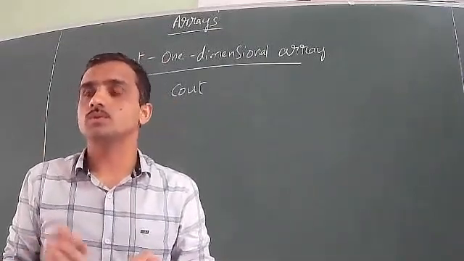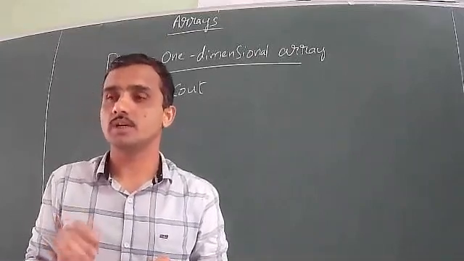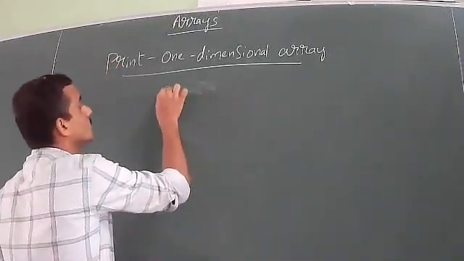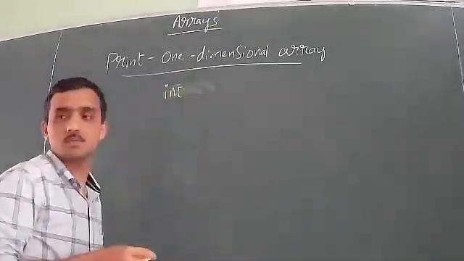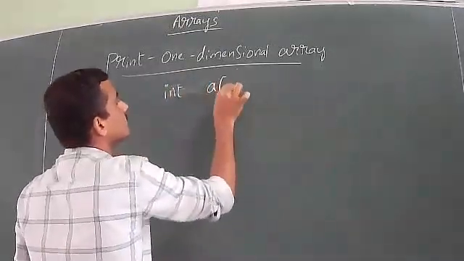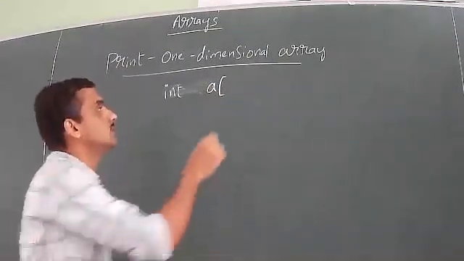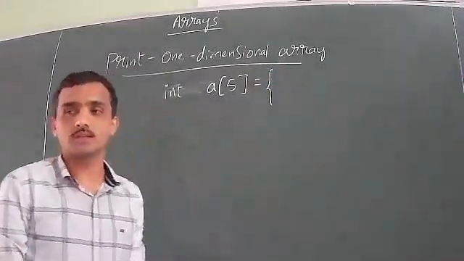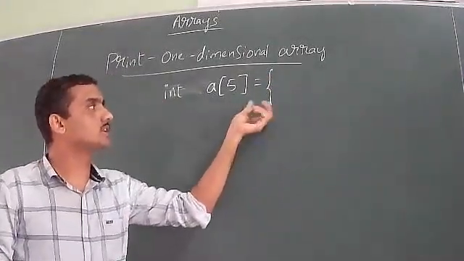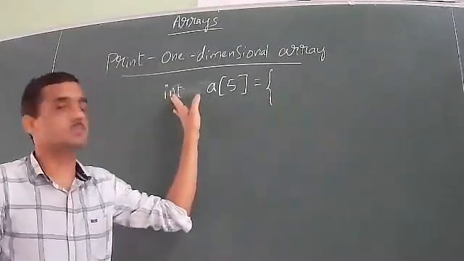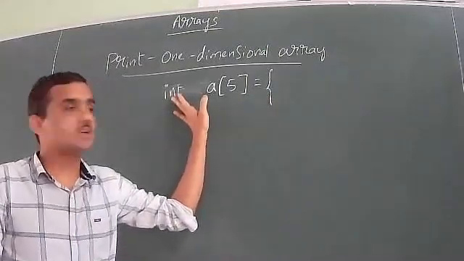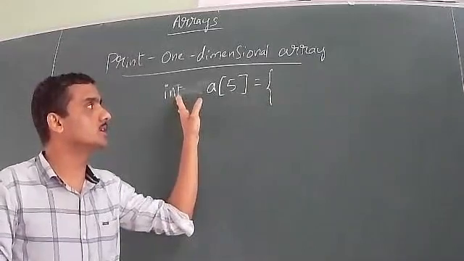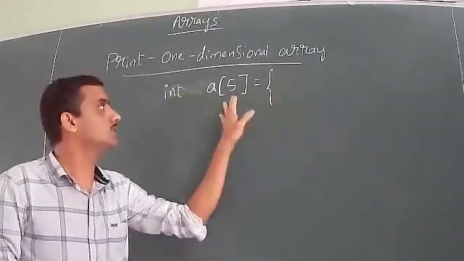So what we do is initialize the values of an array, then we try to display those values. Today we have discussed how to initialize a one-dimensional array. For example, if we consider A as the array name, then 5 as the size. To initialize the values of a one-dimensional array, put the opening brace, then start writing the values. You have to look at the data type you have declared, and depending on the data type, you give the values. Here we have taken the data type as integer, so I have to give 5 integer values because this is the size.